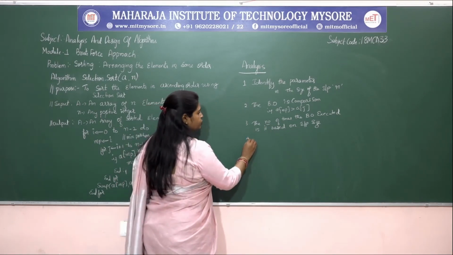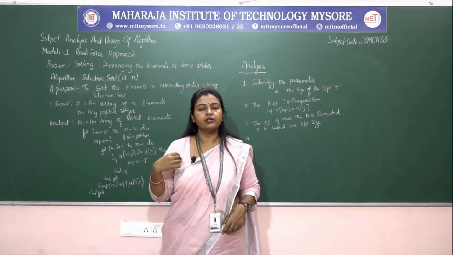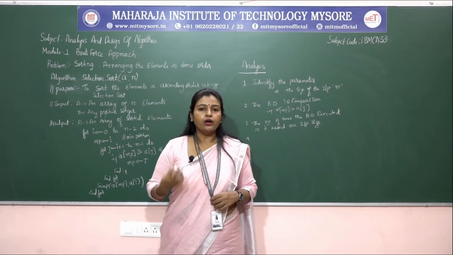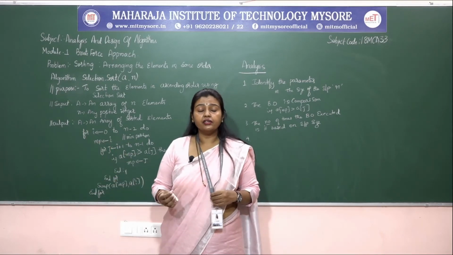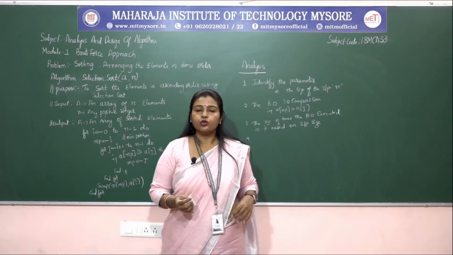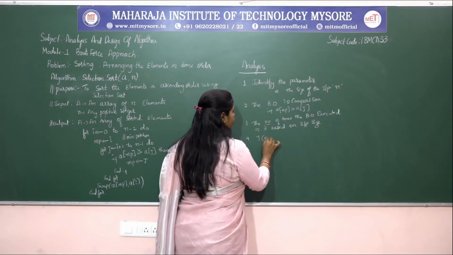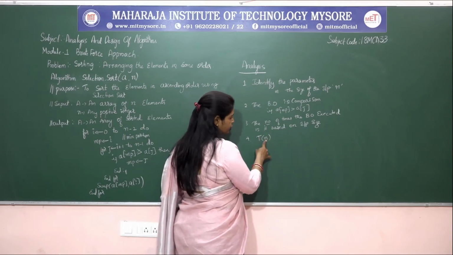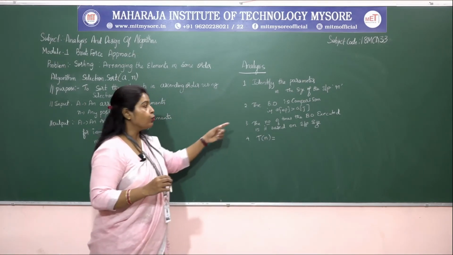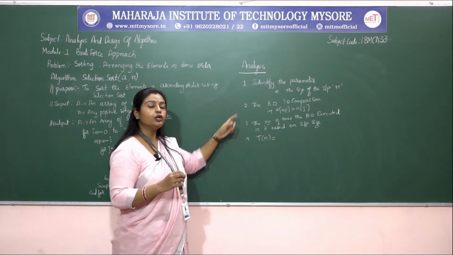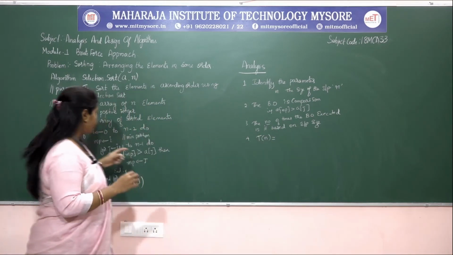Now the fourth step is we need to set up the summation equation. The selection sort algorithm whatever we have written is an iterative algorithm, so we need to set up the summation equation. T of n, that is the number of times the basic operation is executed, is equal to the summation. We need to look at where the basic operation is present, and on top of that, all the for loops we have, we take as summation. So what are all those?